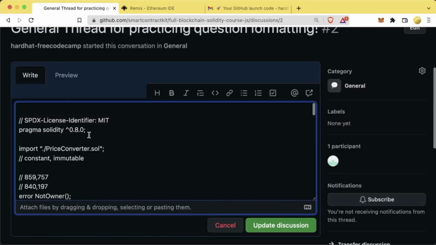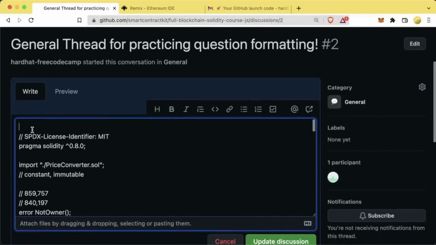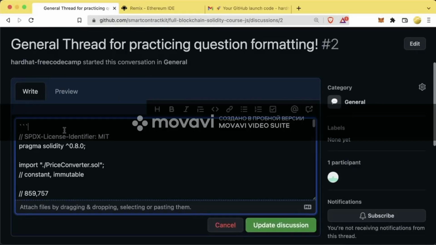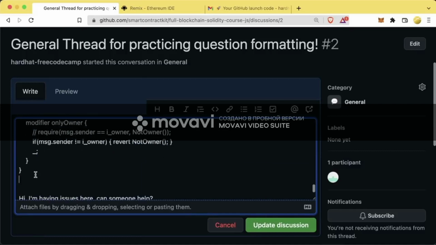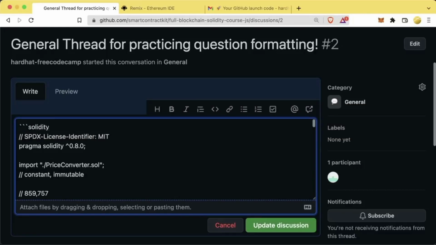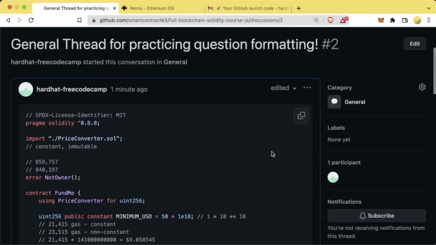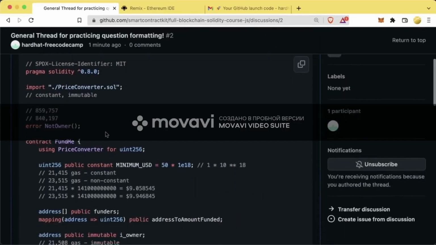It's basically some syntax to help make discussions on GitHub and also questions on Stack Overflow and Stack Exchange a lot easier. So we're going to format this code by adding these 3 backticks at the start and also at the end of our code. And then additionally, next to the first 3 backticks, we're going to type solidity, which tells the formatter to use Solidity to format this code here. Now, if we update discussion, we notice we get some nice highlighting here